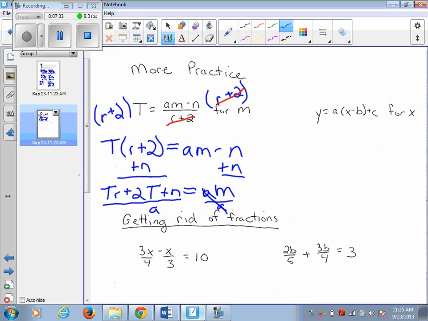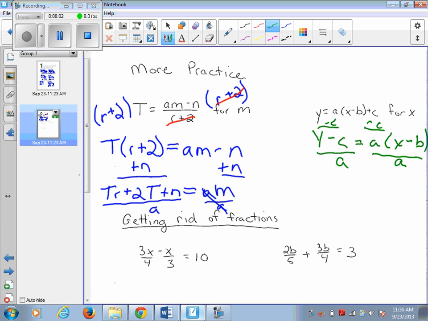So let's see, this one is another example. I'm going to go through it somewhat quickly just to make this video not insanely long. So with this one, we're solving for x. So we need to first subtract c from both sides. We get y minus c is equal to a times x minus b. We need to divide by a on both sides